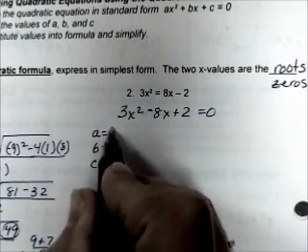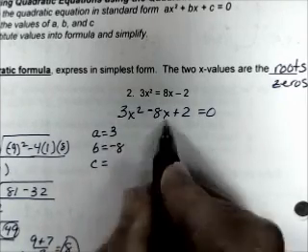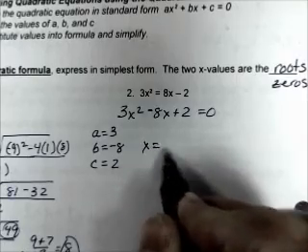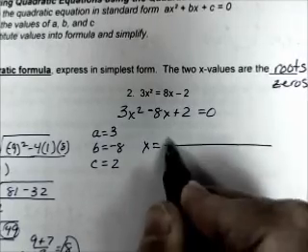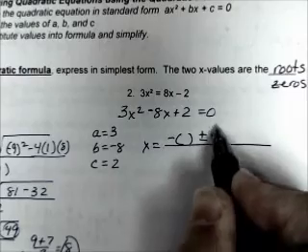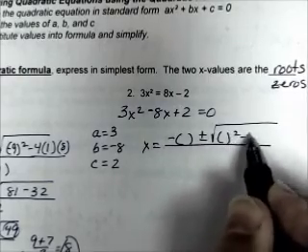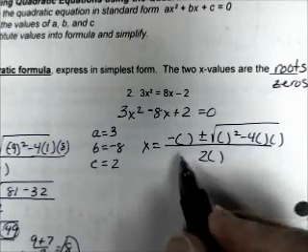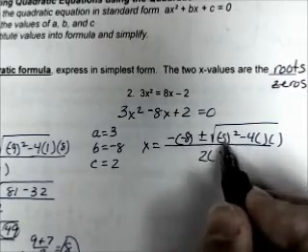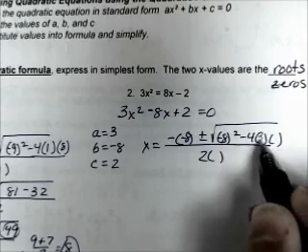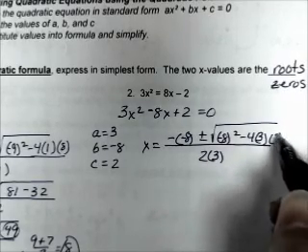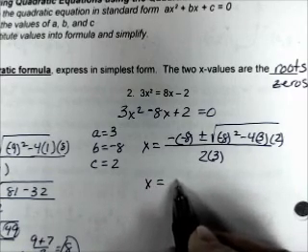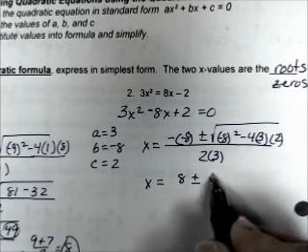A is the coefficient of x squared, b is the coefficient of x, and c is the constant. And plug into our formula. Negative b plus or minus the square root of b squared minus 4ac all over 2a. Negative 8 goes in place of b, 3 in place of a, and 2 in for c. Negative 8 is positive 8, plus or minus